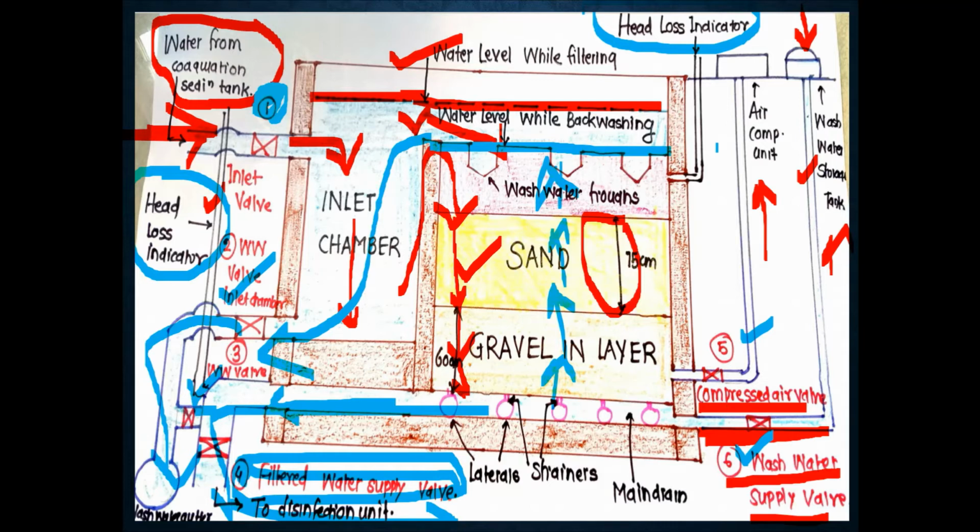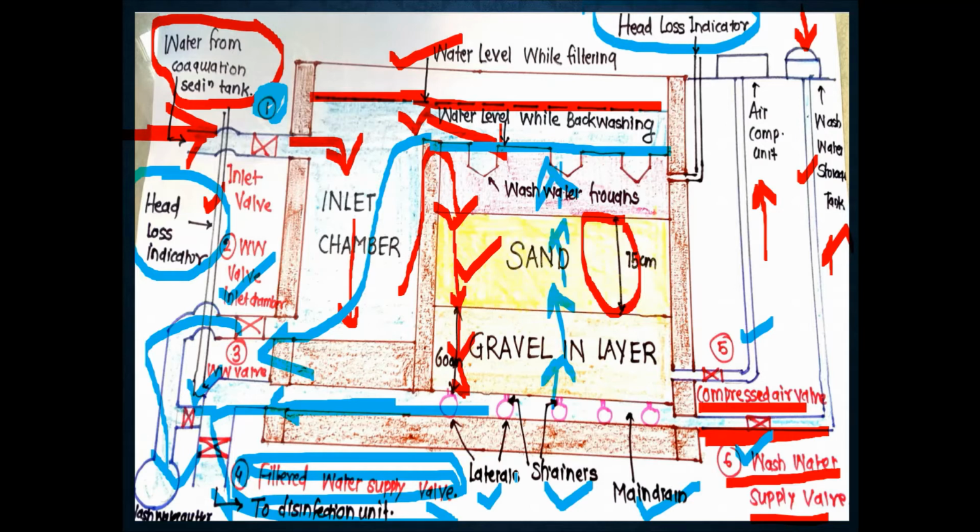When such questions are asked in your Mumbai University exam, you should draw this diagram and write down your answer with the help of this corresponding two-dimensional diagram. Laterals are there, strainers are there, and the main drain is there. Particularly the under drainage system is very important, but you are not able to observe it clearly. Hence I have drawn an enlarged section of the under drainage system, where you can observe what the lateral is, what the central drain or main drain is, and what the strainer is.